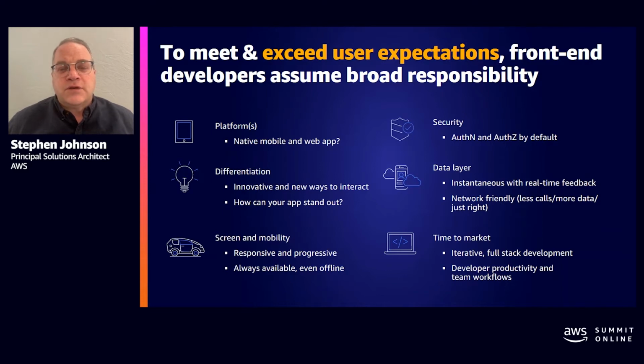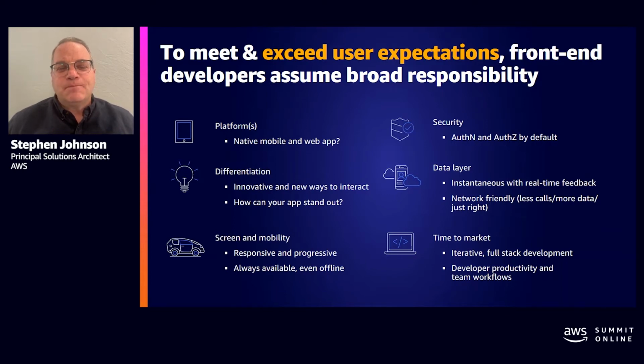So aside from choosing a platform and choosing a development environment before you get started, you have to worry about security, which is super important for any kind of application served across the internet, and your data layer, right? Most mobile and web applications make use of an API layer of some kind, and building that API, defining it, and then building the backend that supports it can be a challenge. In addition to those technical challenges, you have to worry about things like differentiating your product, making it stand out amongst the millions of other applications that are out there. And of course, this all has to be done in a timely manner.